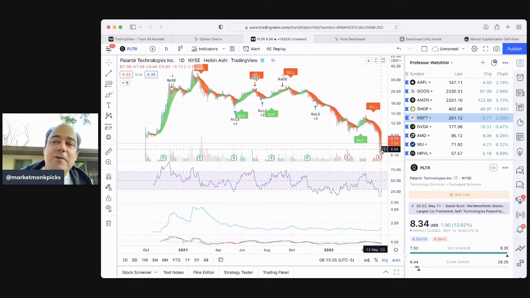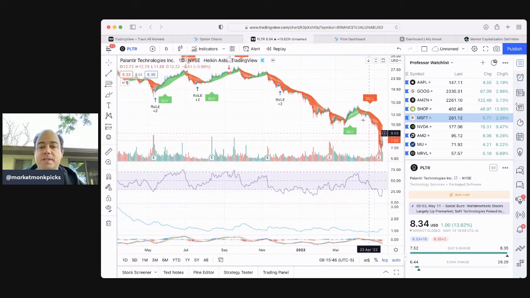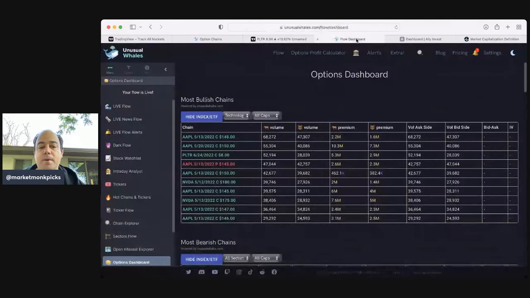And I got rid of Palantir pretty quickly, and I kept Oxy. So stick with your winners and cut the losers. But Palantir isn't in a spot where I think it is potentially interesting again. But in any case, when you have it set to all caps, my point is that you're just going to